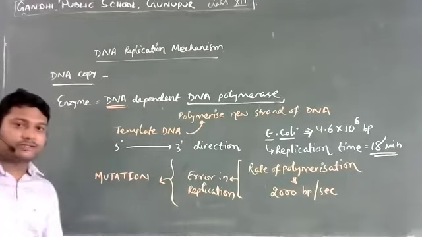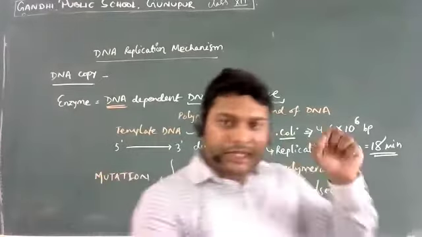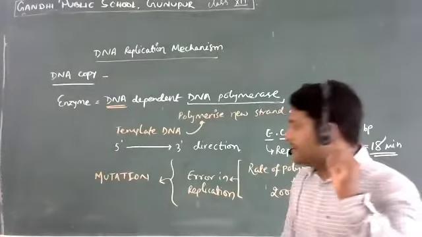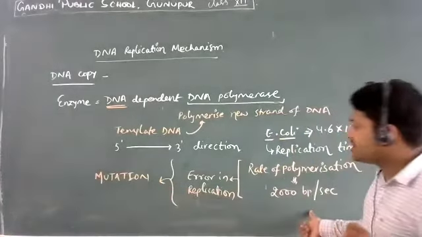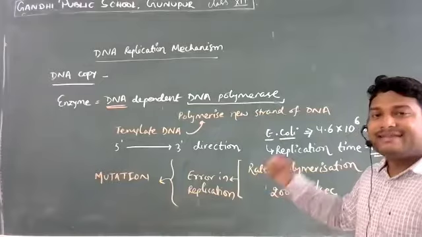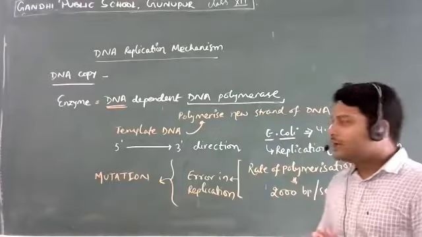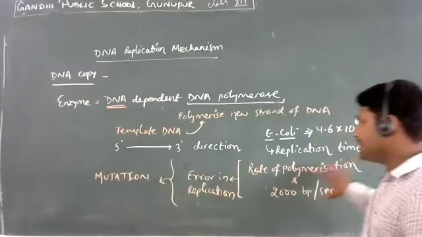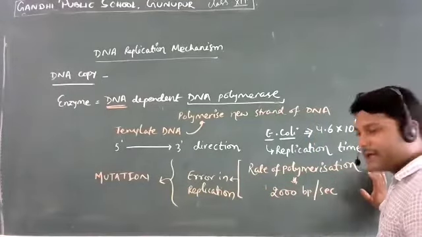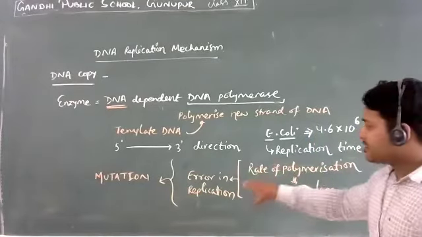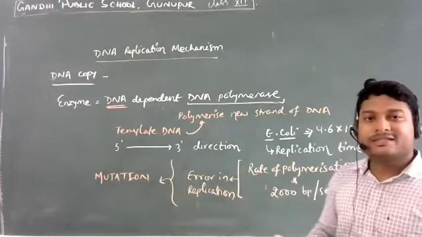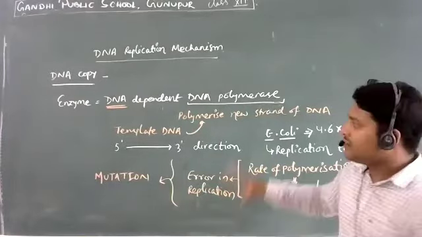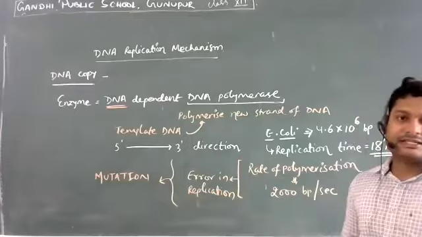Right? All of you, I guess, know what mutations are. So mutation is going to occur if there is an error in the replication that does not get rectified. So always, whatever is created due to the errors because of polymerization, these errors are going to be rectified before it is passed on to the next generation, or before the entire process gets over.